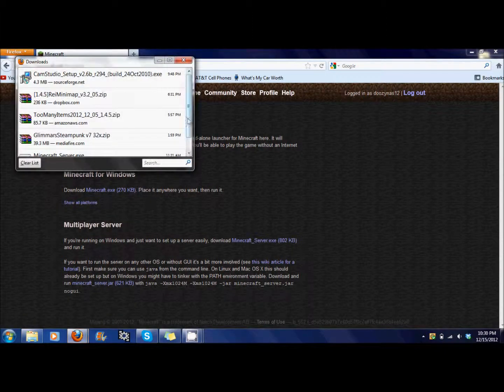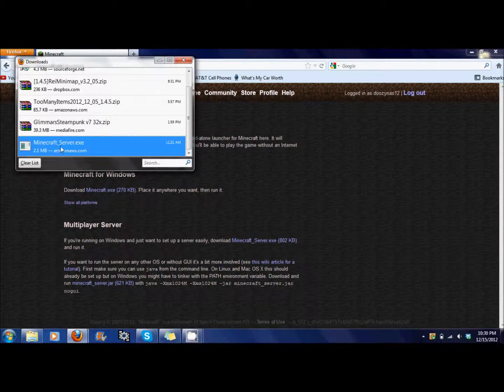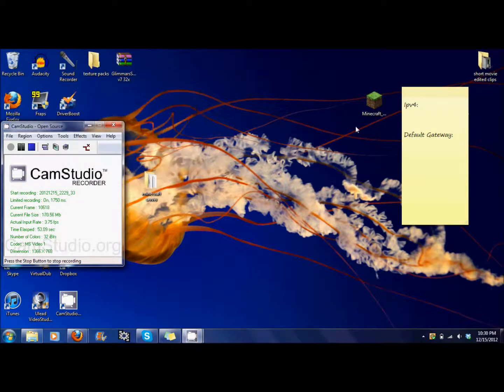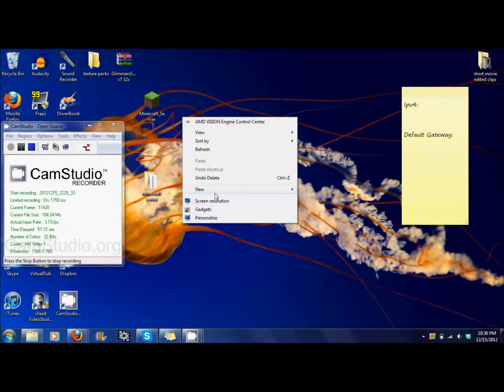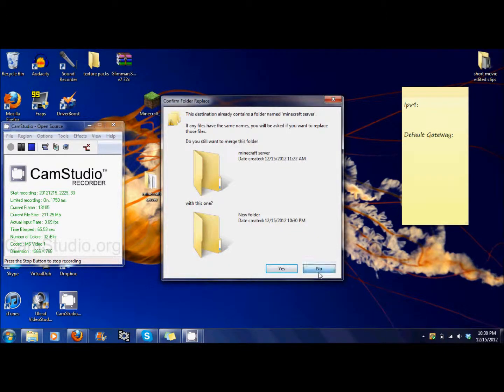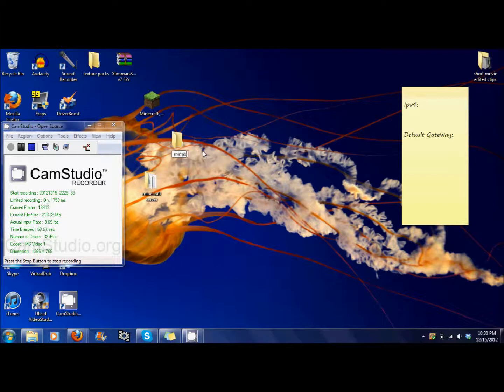So once that is downloaded, your downloads will appear, and you'll want to minimize that. Drag this to your desktop. Let it go, and there it is. This is your Minecraft server. So you're going to want to create a new folder called Minecraft server, and drag it in. Oops, I already have one, so